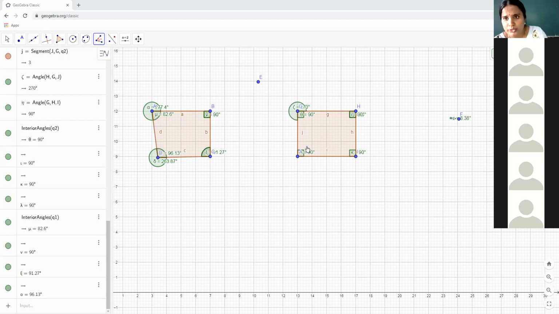There is one more polygon which will exactly give you 360 here. A quadrilateral with angles 90, 90, 90, 90. 90 into 4 is 360. So this is a geometrical proof to show that the sum of the angles in quadrilaterals will be 360 degrees.